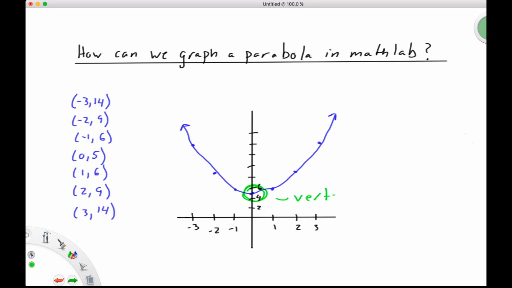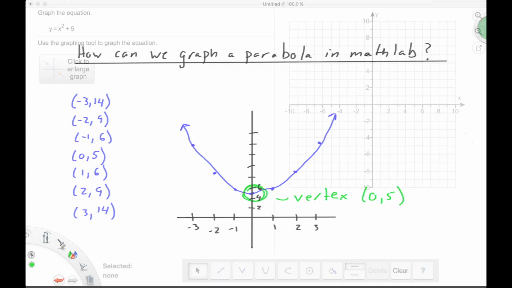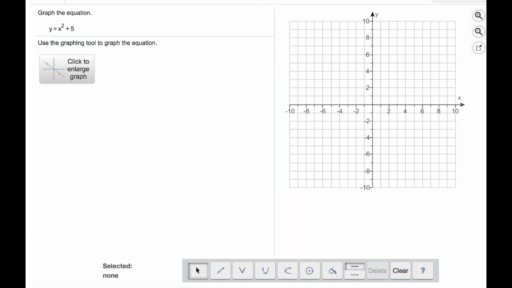Let me make sure I spell that correctly. Vertex, which is the point (0, 5). And then for Mathlab, as long as we know one of these other points, we're going to be able to graph this just fine. So let's go back and see if we can take a look at the actual Mathlab